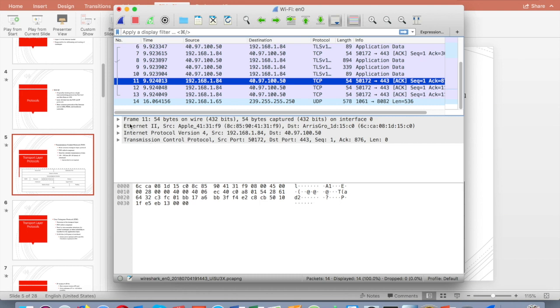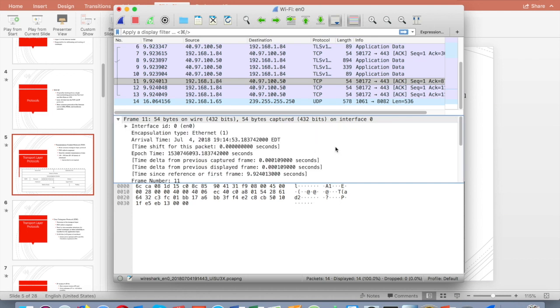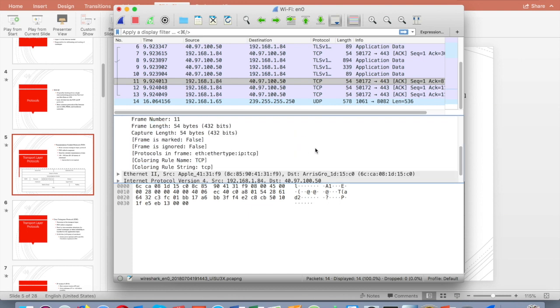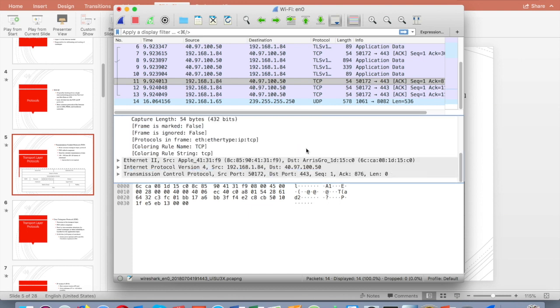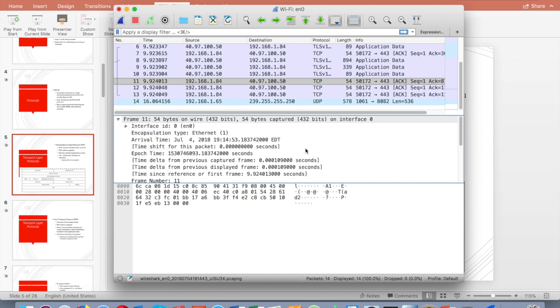So let's take a look here, because this will start to bring some of the class together so we can understand the concepts of encapsulation, which is where all the PDUs get put together and transferred along. This is the information that's in them. So if I open this right here, I'll be able to see that this is an Ethernet connection. If I dig down a little bit deeper, I'll be able to see that it's captured on interface 0.